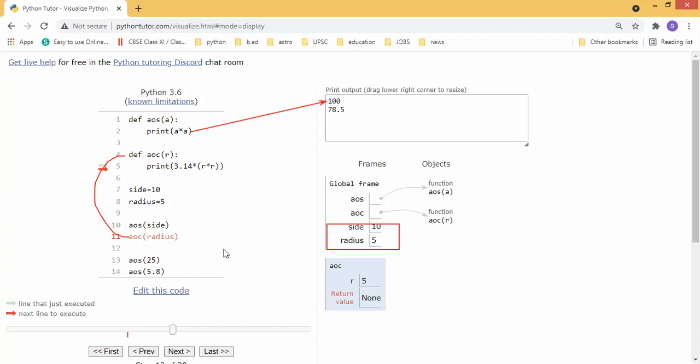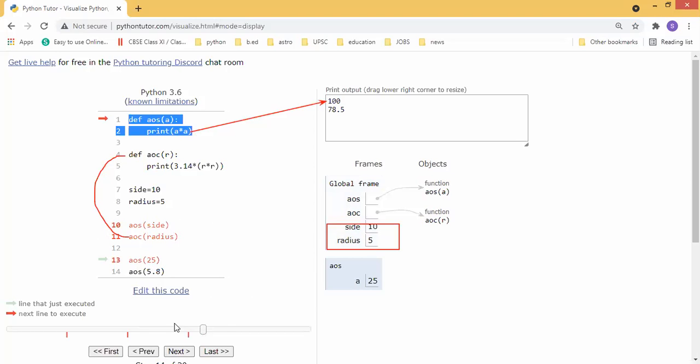That is a different kind of programming. You can return the value or you can print the output directly. After executing this, I am calling the same area of square function again with a different value. Here I'm not using side, I am using 25. It passes 25 into the function, calculates 25 square, and returns the output